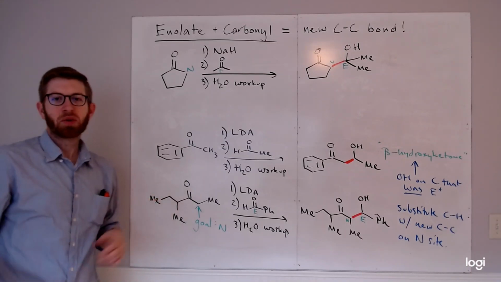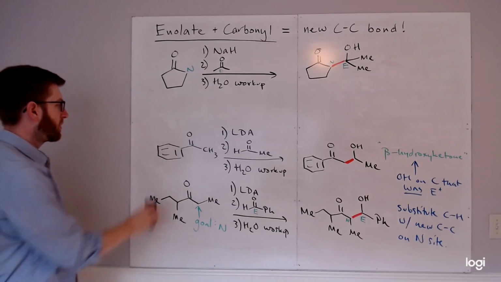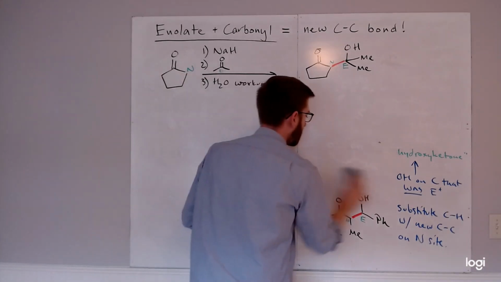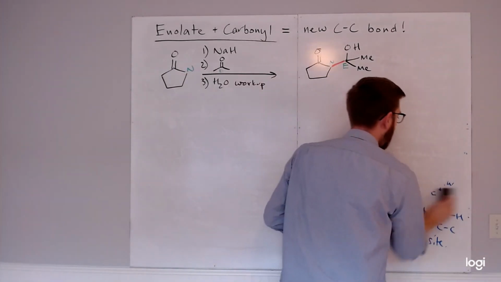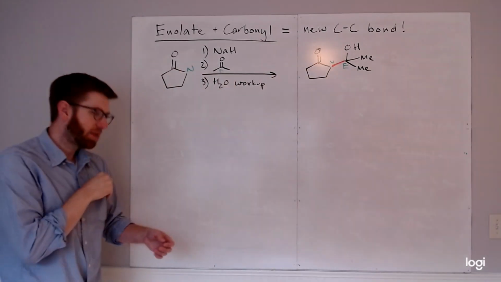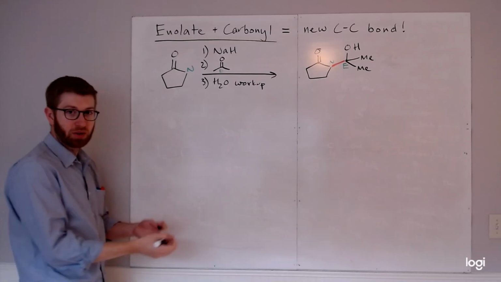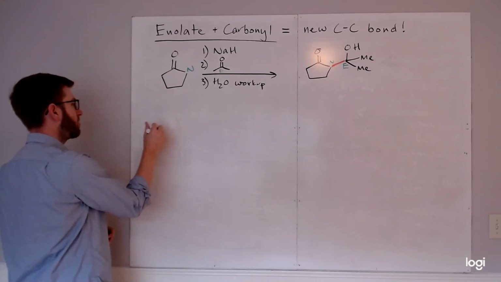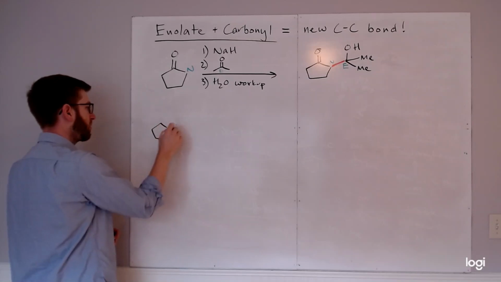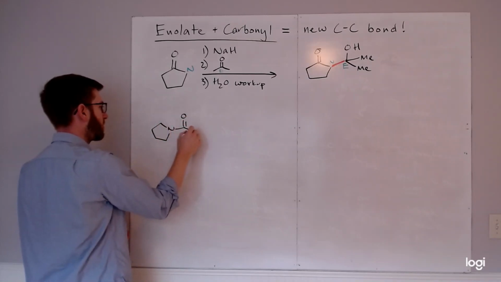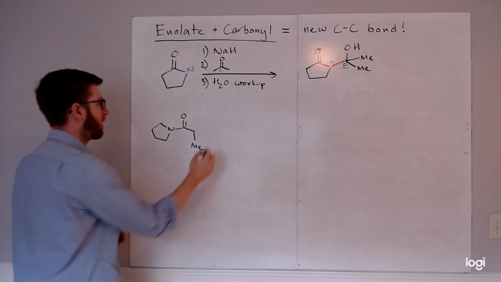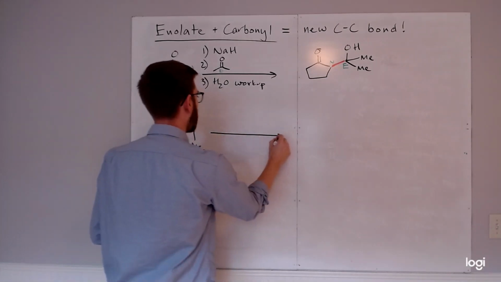So I said we were going to do one more example. I'm feeling a little inspired. Let's do one more where we'll actually use an enolate from an amide, which it turns out you can also form. We haven't seen any examples of that yet in the video series, but I want to make sure that you do see it. So let's choose, I don't know, I'm feeling a little creative. Let's choose this compound. And we want to make